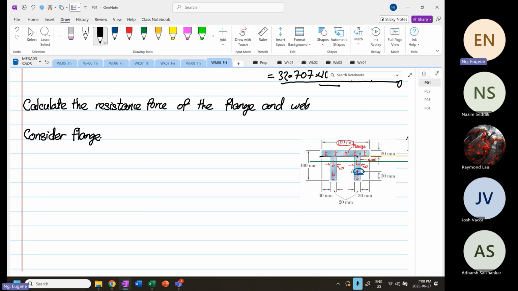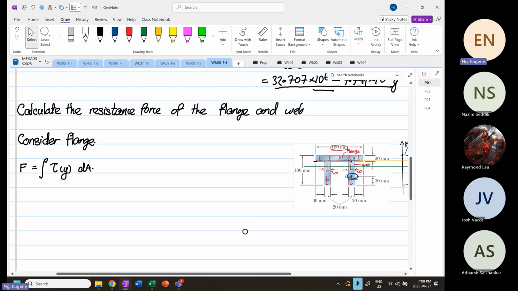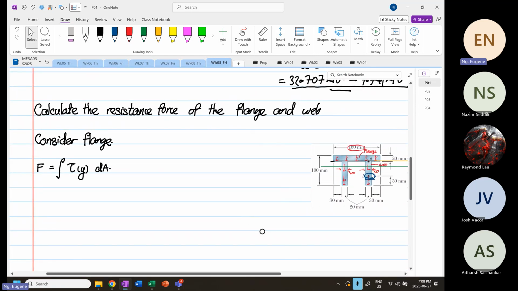And the general equation to use is force is equal to, we're going to integrate shear stress, shear xy, as a function of y and dA. Okay. So by looking at the flange, we know the limits. By looking at the flange, we know the flange limit